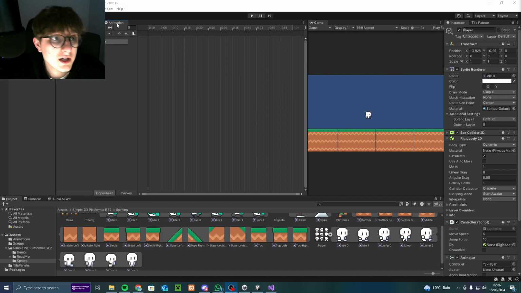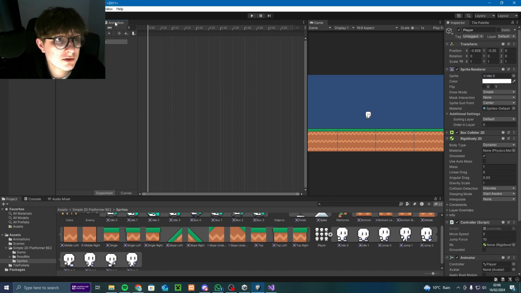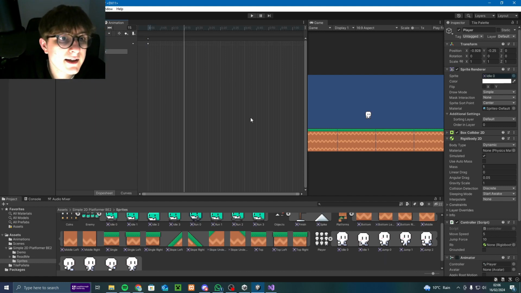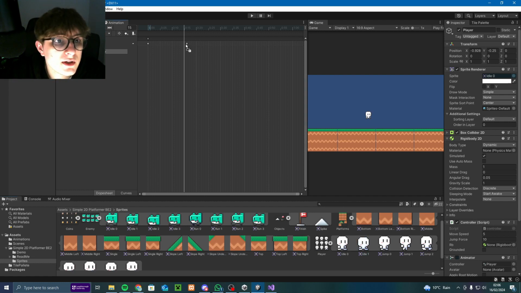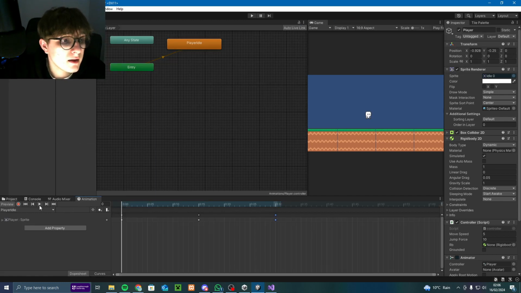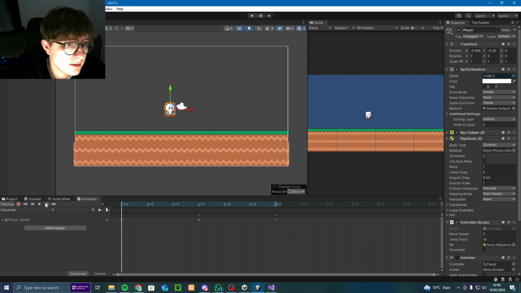So what we actually do is in the animation section, make sure we press on our player animation, and we need to get all these sprites that we're going to put into there, and at different intervals you need to place the animations. So you need to make sure it loops back around. So if we move this back down here and then press play,